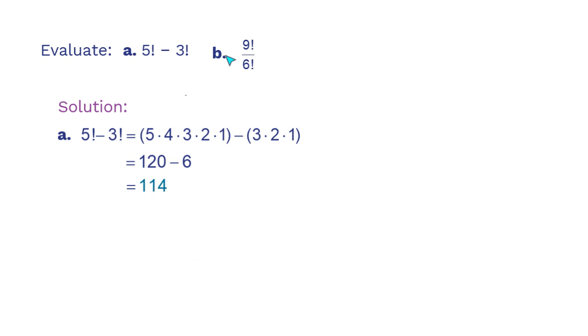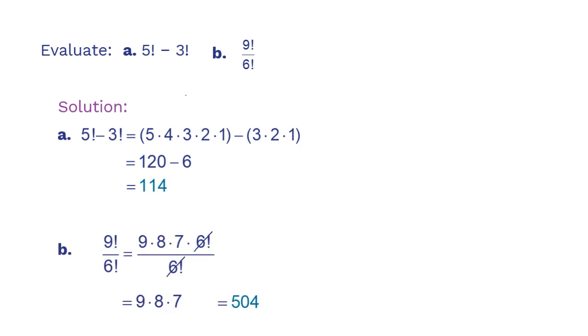And then the same for letter B. You want to deal with 9 factorial first. So that would be 9 times 8 times 7 times 6 all the way to 1. And then 6 factorial would be 6 times 5 times 4 all the way to 1. So it's going to look something like this. So we have 9 factorial is 9 times 8 times 7. And then notice here that it has 6 factorial. And this is just a shortcut